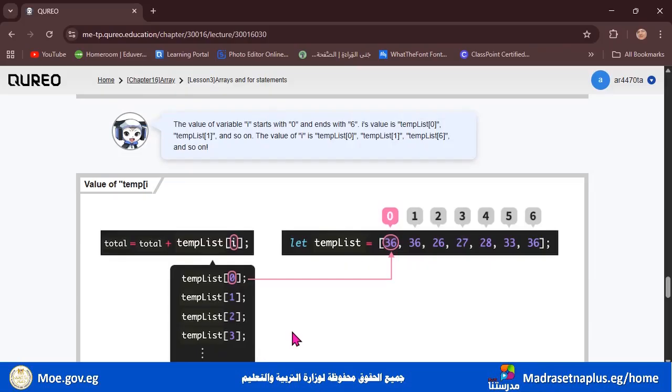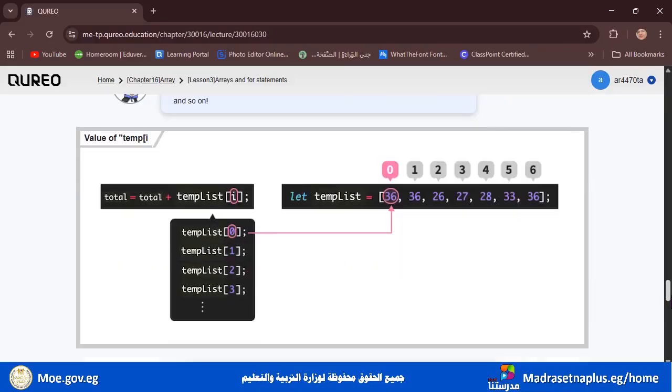فكل مره يفضل يجمع معانا بقى القيم لحد ما يجمعهم كلهم، وبالتالي لما نلاقي توتال عندي في الكود أو في البروجرام أعرف إن هو عايزني أجمع كل دول. This is an abbreviation for the whole process. يعني لما يكون عندنا في سؤال موجود وهلاقي فيها كلمة total أو كلمة sum، أعرف إن هو عايز يعمل إيه؟ إن هو عايزني أجمع كل القيم دي في النهاية أو add a result في النهاية. اوكي.